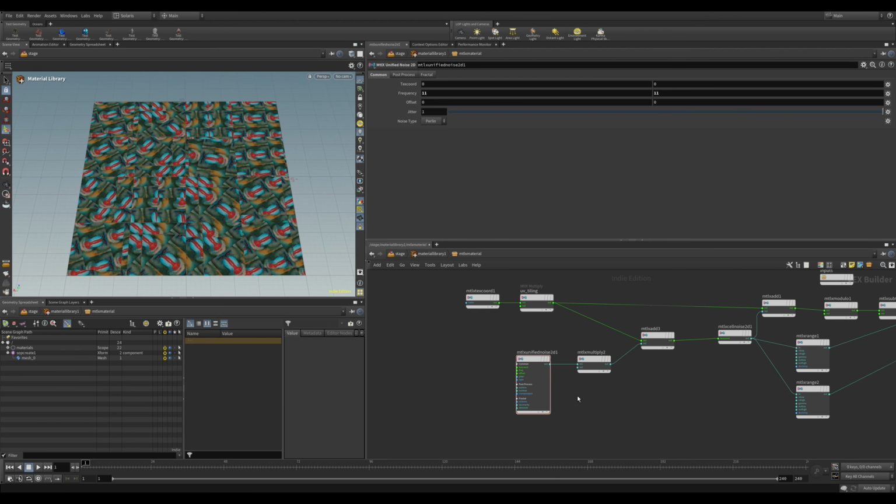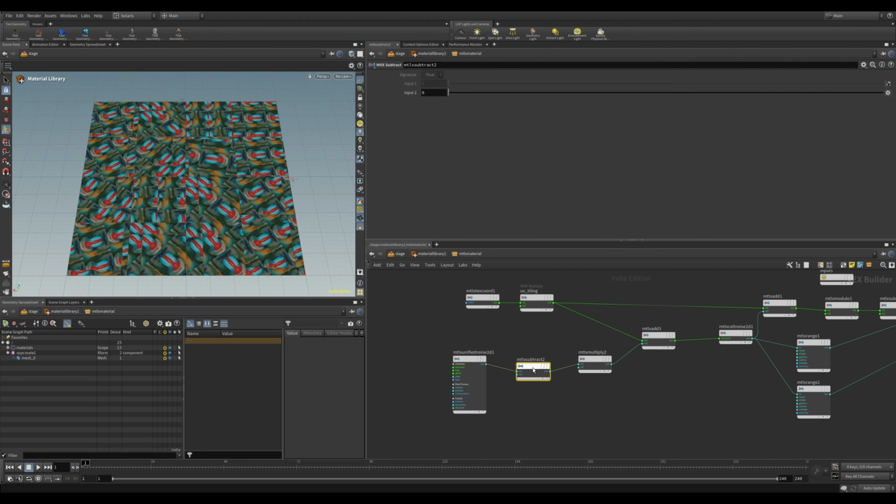So to make it zero-centered, we will use the subtract node to subtract a value of 0.5. So we'll put the input 2 to 0.5. And now if I go back to the multiply, which I should rename to noise strength, and we up the strength a little bit, you'll see that the distortion is happening, but the tiles stay put. The tiles are not getting shifted. Okay, so we have our distortion in, we have random rotation, we have some random scale, we have UV tiling working, and that's our texture bombing setup.